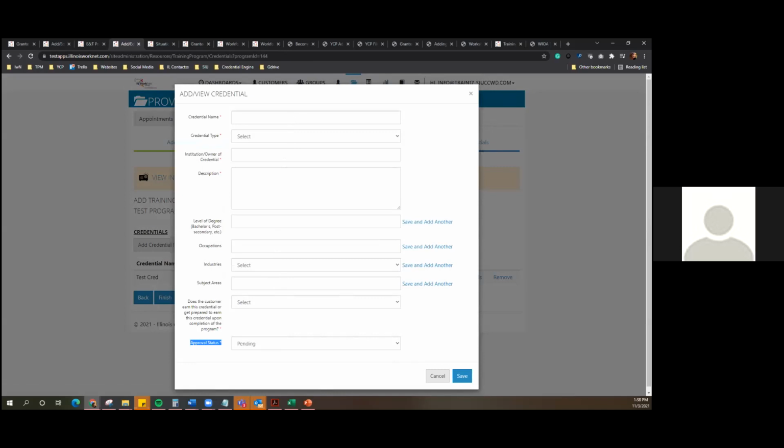A question that was asked in a previous meeting, a very good question, is what kind of credentials do you put in here? Is it just industry recognized? Is it occupational, such as OSHA or first aid? And does GED get included? The answer the Commerce team provided is to go ahead and submit all credentials, and the Commerce team will review and approve those that they determine are acceptable for this program. So you can enter anything. It doesn't just have to be industry recognized, but it does not necessarily mean that they're going to be approved.